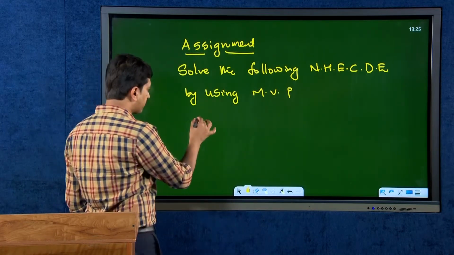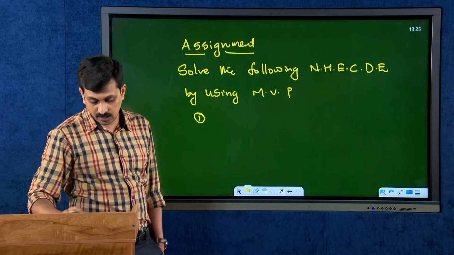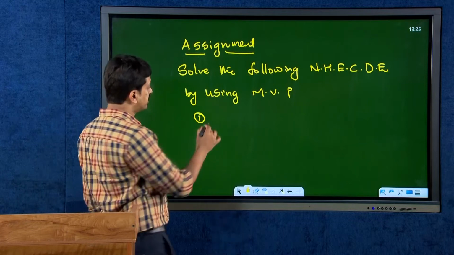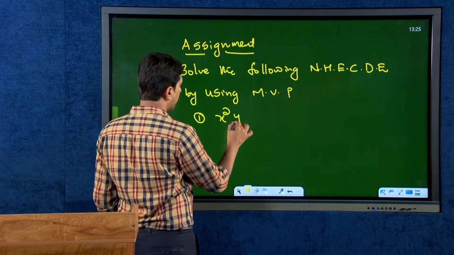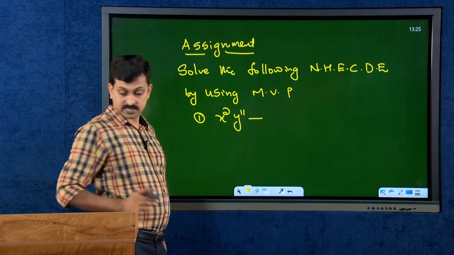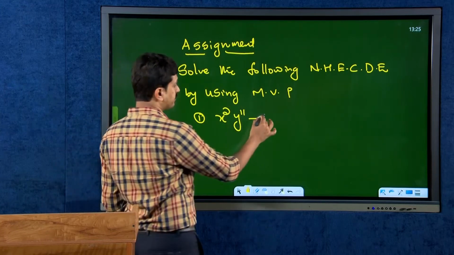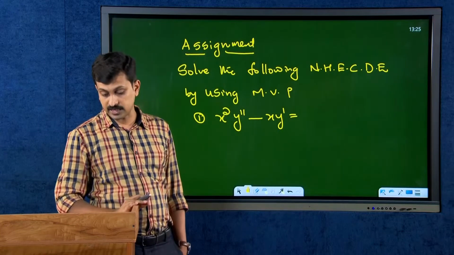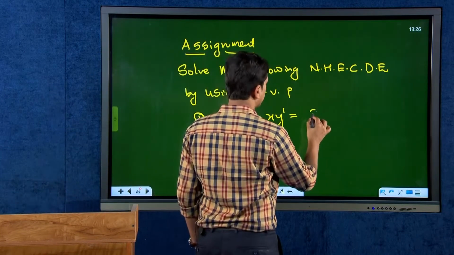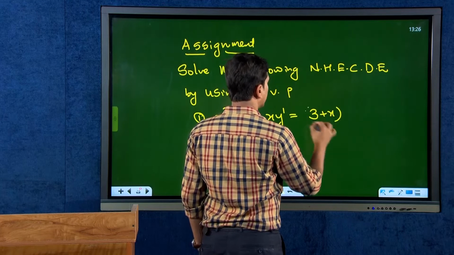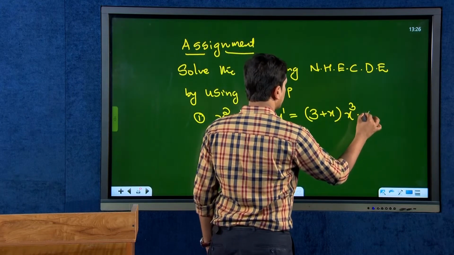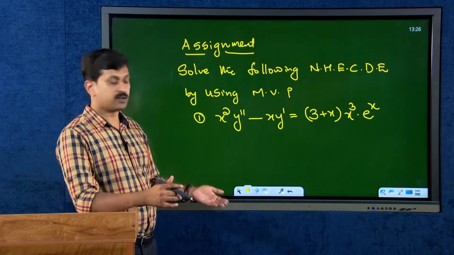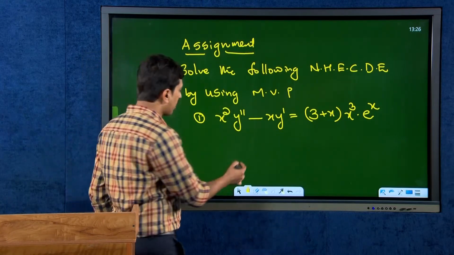I would like to write the first question as x square y double dash minus xy dash is equal to 3 plus x into x cube e raised to x. Okay. See, while seeing this question, we understood that we can find the homogeneous equation,